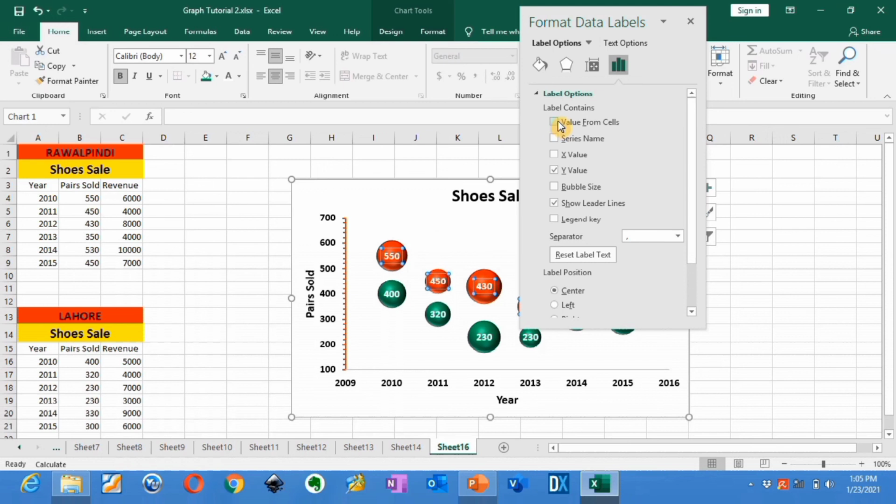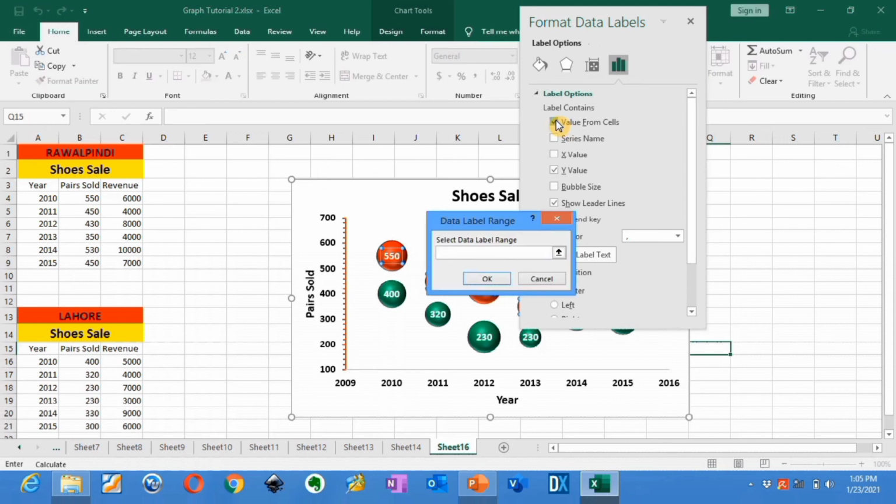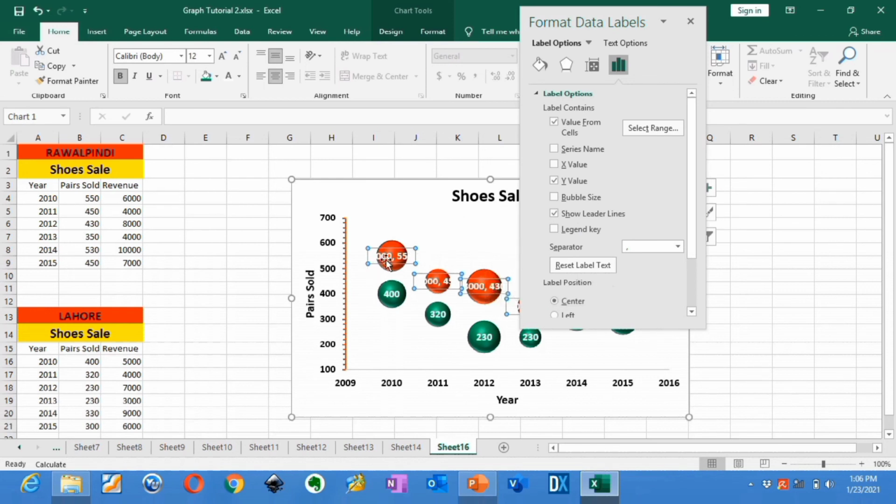So I will check this option, and a dialog box will appear which says select data label range. I will select this one and click on OK. You can see here that the revenue as well as pair sold appeared, so I will uncheck this Y value. Now you can see that only the revenue value is displayed here.